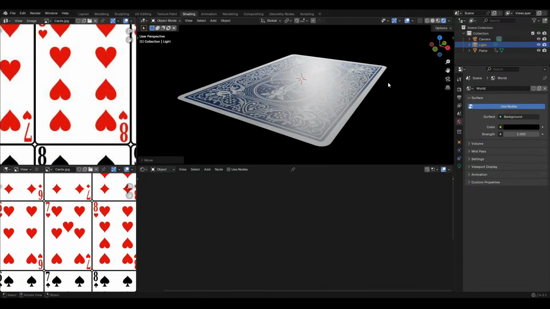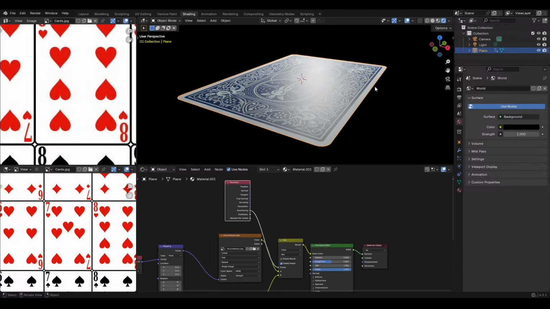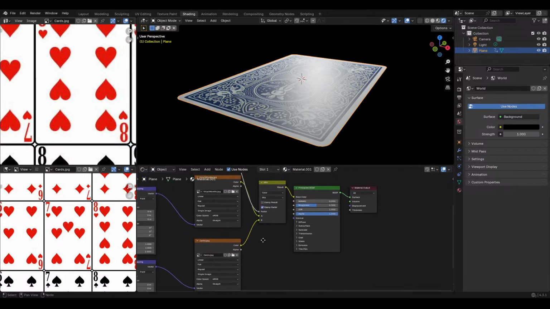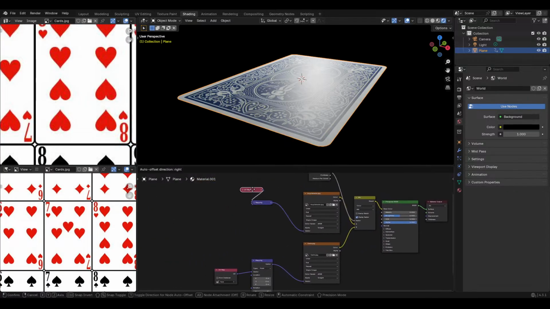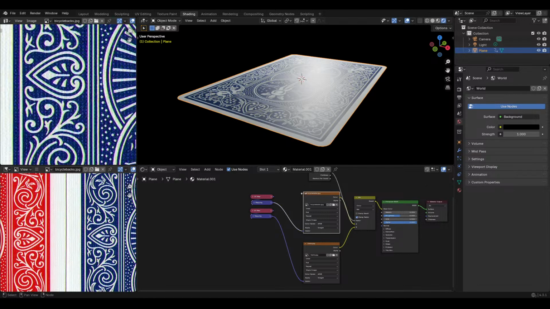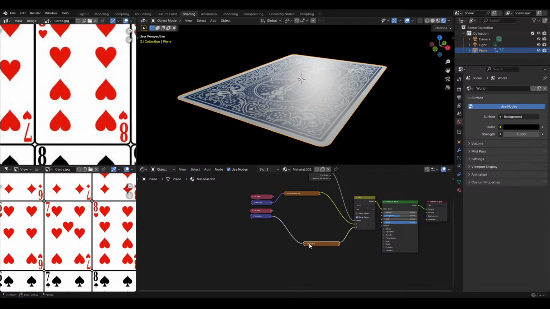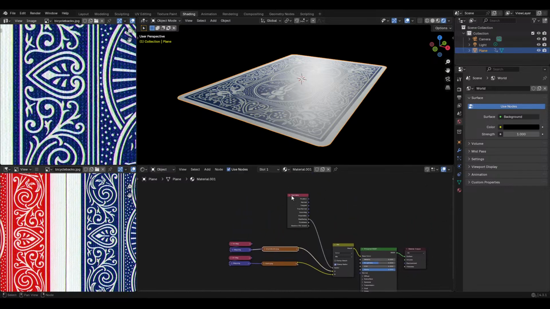Now the other thing I want to do is, playing cards typically have a slight bit of texture to them, a little bit of bump. So I want to come in here and actually add that in. So this is not going to be moving, so we can just go ahead and minimize all of this. Keep everything nice and tidy. Geometry,